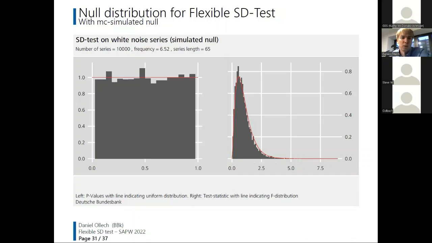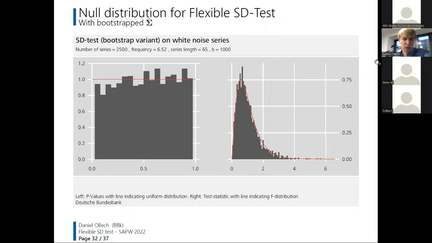So what we can do, obviously, is bootstrapping, and I'll show you the results in a second. But what we can do also is just simulate the null distribution and use that for our test statistic. And of course, if we simulate the null distribution, it works quite all right in a straightforward manner. Now, with bootstrapping, it's not perfect, and indeed, my results show it depends on the sample size, which is not very elegant, but it's at least an improvement